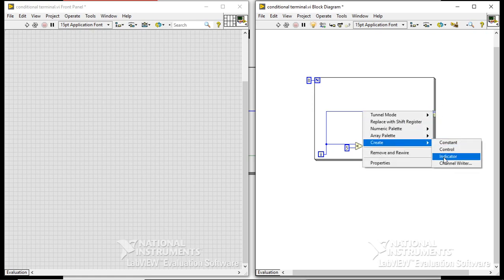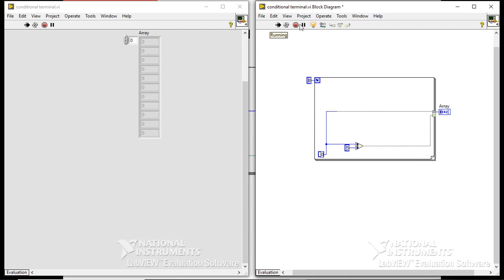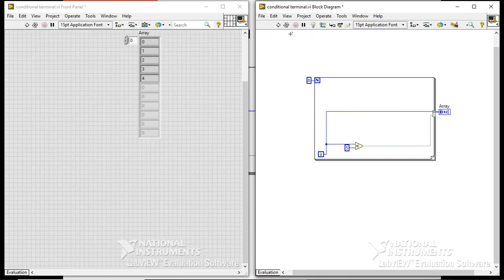There will be an array format, and 0 1 2 3 4 are possible. The others do not satisfy this condition. 5 less than 5 is false, so they are not available at all. Even 6 and 7 are not possible. So the conditional terminal is just filtering the content among all the output iterations.